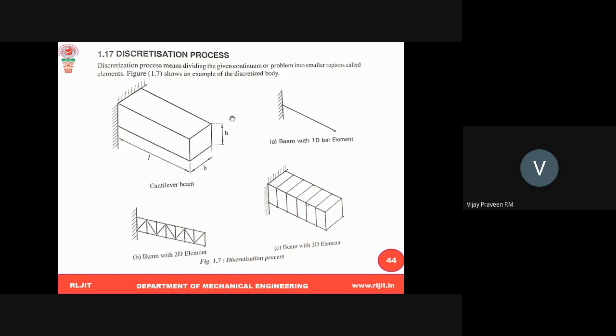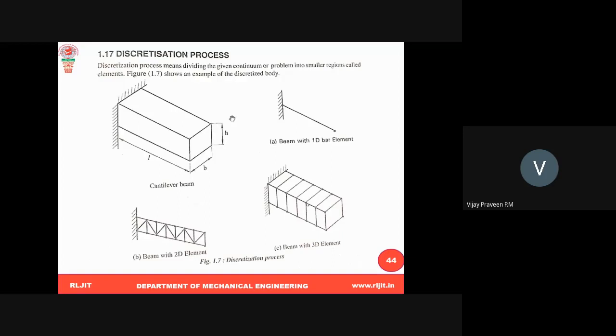What happens is it will take more computation time, because with 3D there will be more elements, more degrees of freedom, and more equations. Therefore, it will take a lot of time to compute. So if you can do 1D analysis for the same result, why should we go for 3D? That's why I said the main fundamental objective of design is to get the result in minimum time. That is very important. So we should not make it complex. We should calculate in as simple a way as possible.